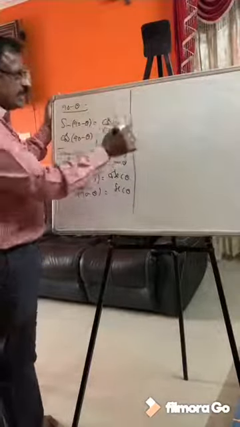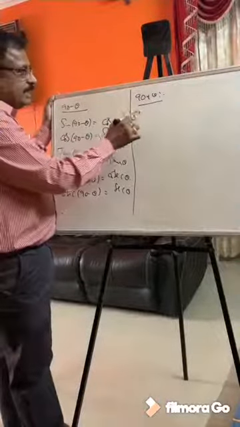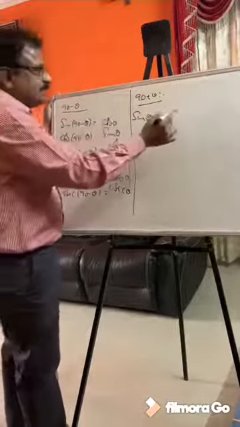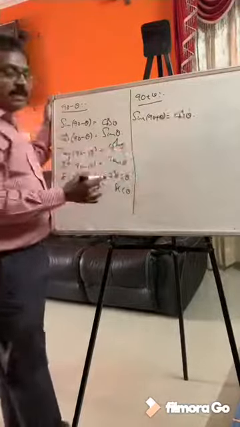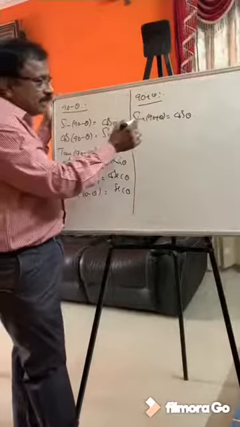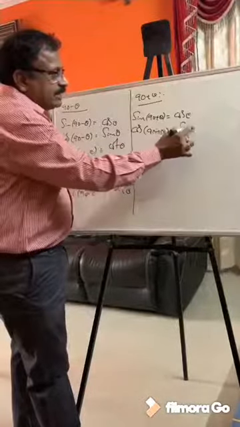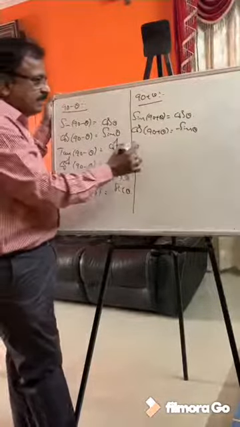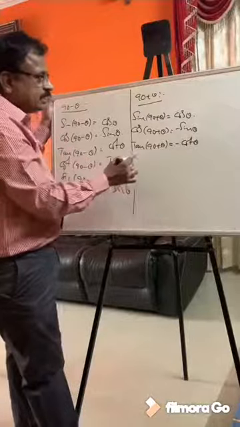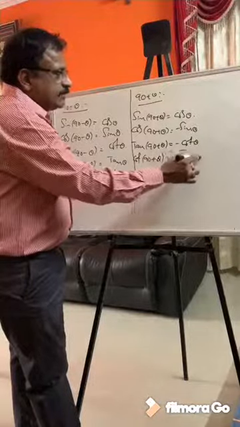Next I am taking 90 plus theta to understand. Sin 90 plus theta, for example. What I told, 90 minus theta, 90 plus theta, reverse, sin to cos. 90 plus theta, which quadrant? Second quadrant. In second quadrant, how is sin? Positive. Cos 90 plus theta, for example, is minus sin theta. Tan 90 plus theta is minus cot theta. Cot 90 plus theta is minus tan theta.